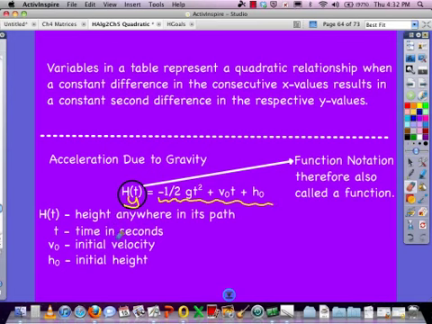Now, double check though that you realize h sub t is the height anywhere in its path. So after x number of seconds, in this case after t seconds, I know the height of where I'm at. So I would put a t in. T equals time in seconds, absolutely. V sub 0 is the initial velocity. And h sub 0 is the initial height of your object. That leaves g. G, from science and math, previous knowledge, you should know that the gravitational constant is one of two things. In US units, it's equal to,